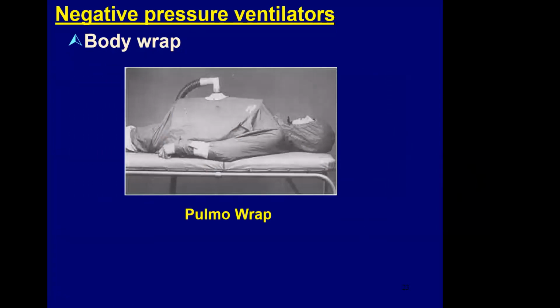And here is the biggest pain in the ass that you can ever imagine if you ever try to use it. I have a couple of times. This is the Pulmowrap body wrap. You see, there is a cuirass and a vinyl or plastic wrap covers the cuirass, and something like a vacuum, very much like a vacuum cleaner, is attached to it, and so it ventilates. It applies negative pressure ventilation. Expiration is